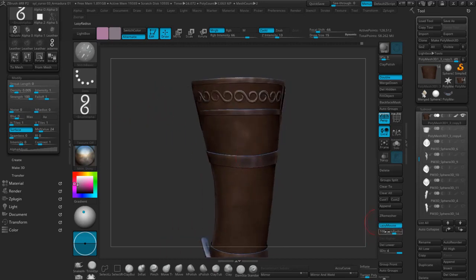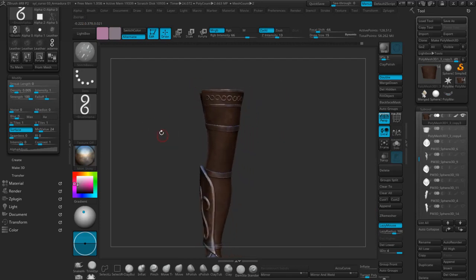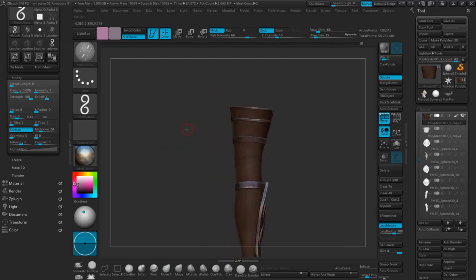Over here, I've got lazy mouse at the moment. Lazy radius, excuse me. Lazy mouse is enabled and lazy radius is set on 100. So like that, I can generate this shape. Let's generate it. Over here at the back,